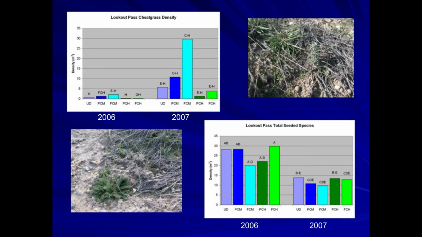What about our seeded species? We got things. We didn't get as much yarrow and we didn't get as much sagebrush. This was the only sagebrush we got, and I took a picture of it there. Actually, we got maybe 5 or 10, but it was disappointing. We didn't get a lot of sagebrush. We did get a lot of native grass, sandbergs, and bluebunch wheatgrass. They kind of established the same over the treatments, and like April will tell you, time will tell how well